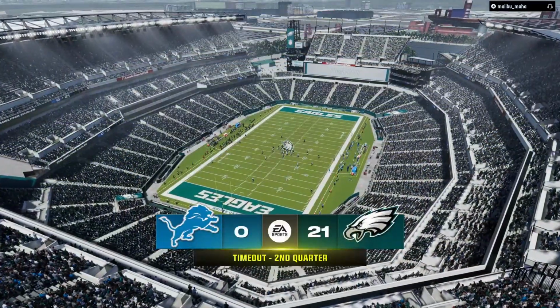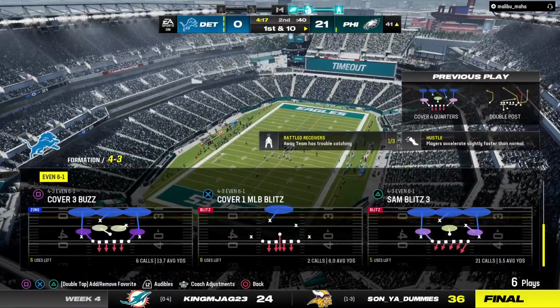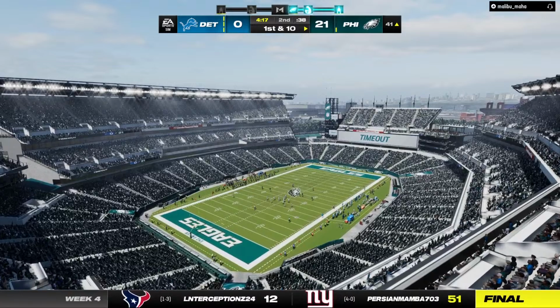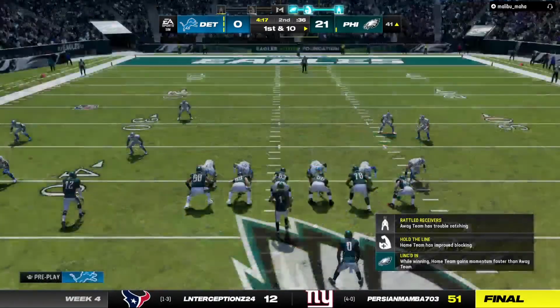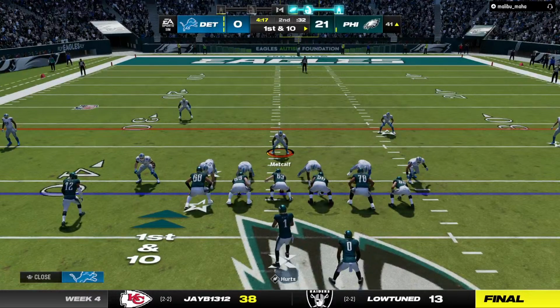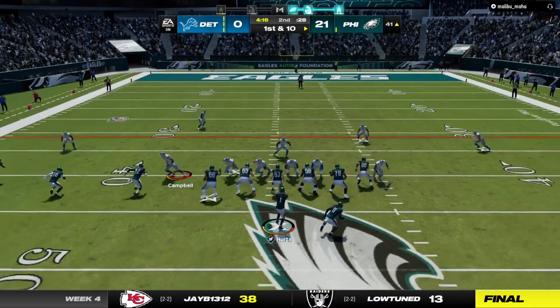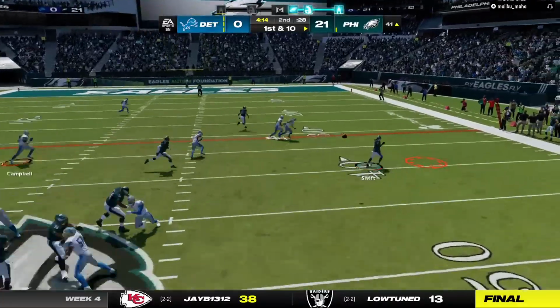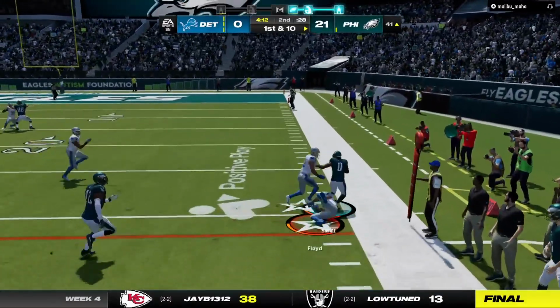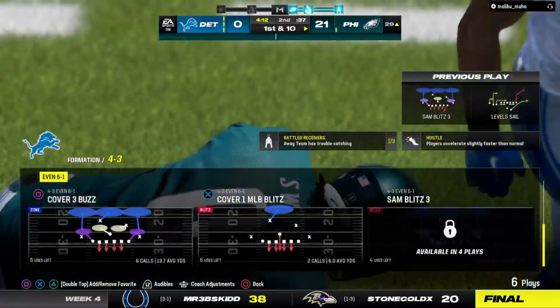Now the Eagles will use the 2nd of their timeouts. So as they talk it over, we step aside. They'll throw on 1st down with Hurts. And that's out to the flat for Swift. And he is out of bounds, but not before he's inside the